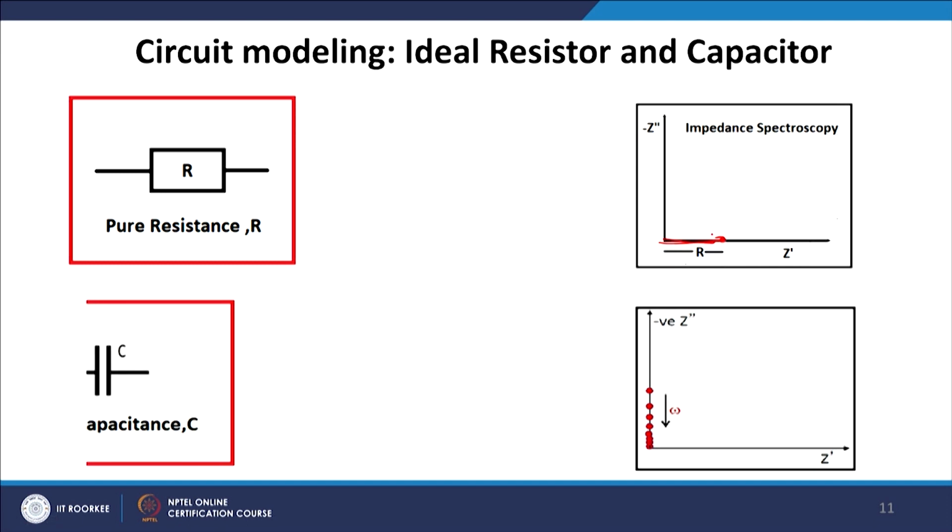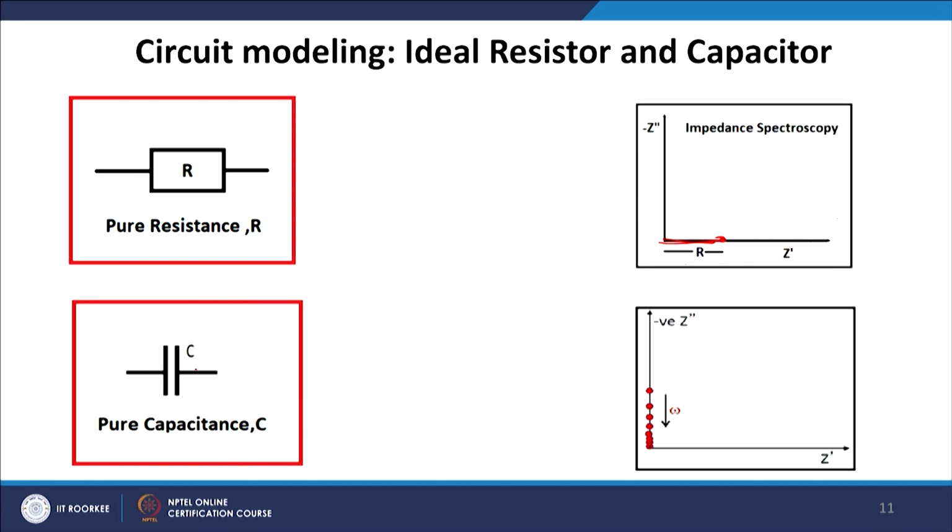And if you have a pure capacitance, for example a 100 microfarad capacitance, and I plot it in the Z prime versus Z double prime, it will look like a solid dotted graph. It is a straight line along the y axis, but it is represented by solid circles. Now, what will happen if I put together both an R and C? I will have both this point, which is shifted along the x axis, and this point.